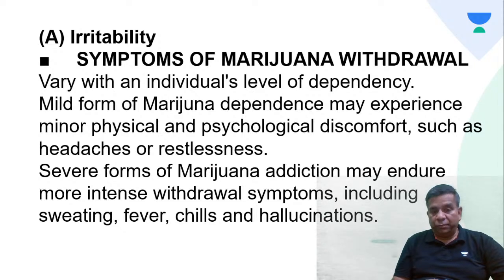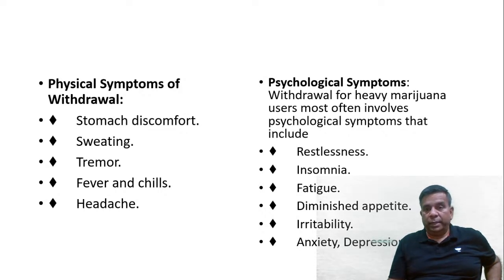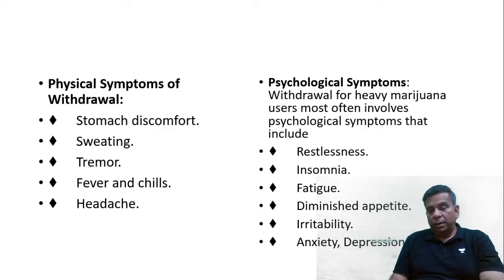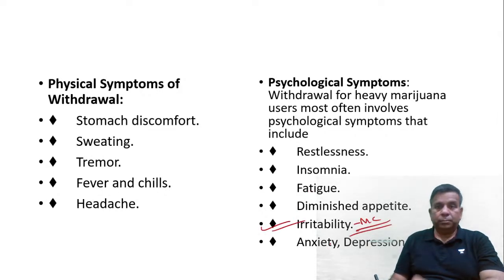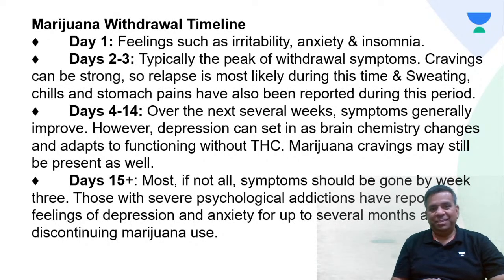Mild dependence may experience minor physical and psychological discomfort such as restlessness and headaches. Severe may get sweating, fever, chills and hallucination. But otherwise it's irritability. So this is the list of the physical and psychological withdrawal: stomach discomfort, sweating, tremors, headache, irritability and depression, but the most common is irritability. Okay, so that's all about the cannabis. So withdrawal timelines. We know cannabis is a drug with flashback phenomena. You take cannabis today, enjoy the pleasure of